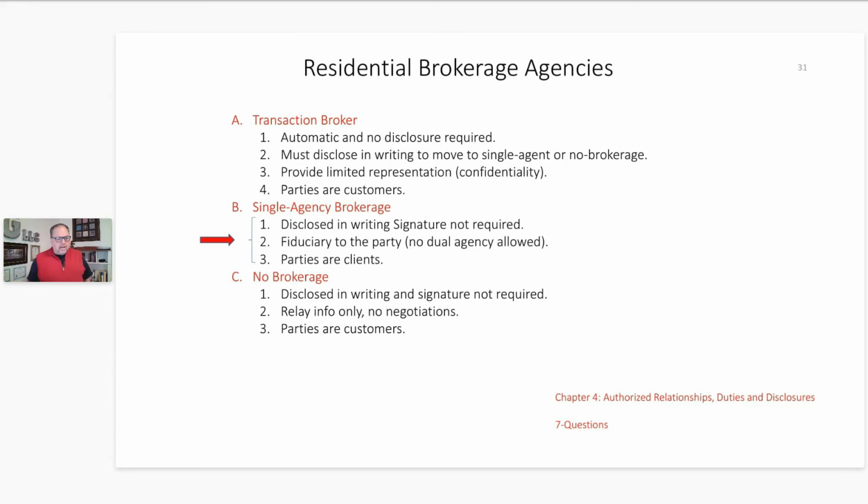Can you work with a buyer and seller as a transaction broker? If you say, yes, I can work with a buyer or seller as a transaction broker, I thought we talked about earlier, we couldn't do dual agency in residential sales. So the only time when dual agency is not allowed is if you're holding the position of a single